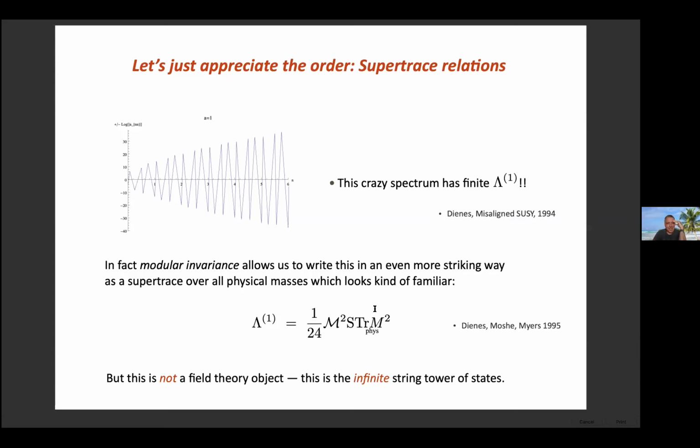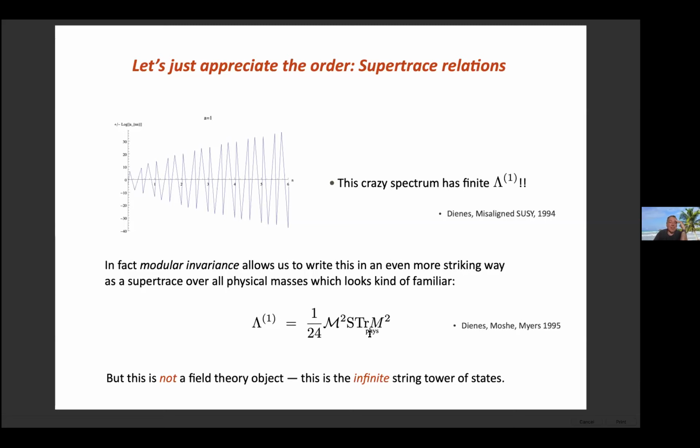So this integral over the one loop tau parameter, which I use to get my lambda, there are various theorems and so on which tell me I can write it as a supertrace over the physical states. So I just look at the level matched states in the theory, those with n equals m, where the left moving and right moving masses are the same. And I can write my lambda like this. It's a supertrace over all of those physical mass squares up to infinity, and this is the string mass, the calligraphic M here, with a 1/24. So you see it's very precise.